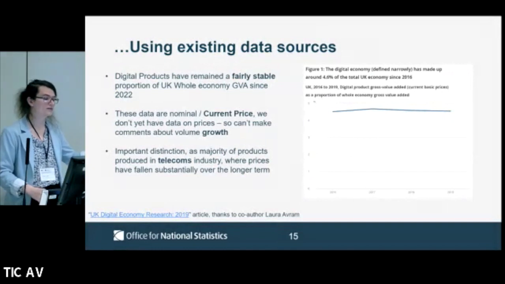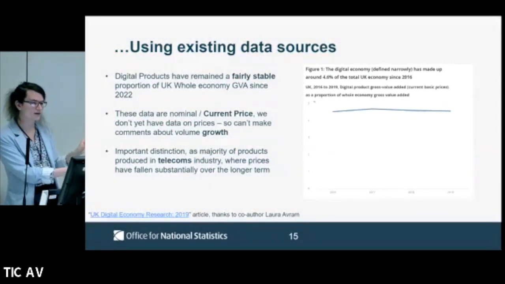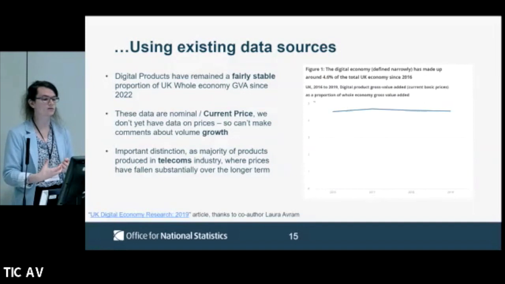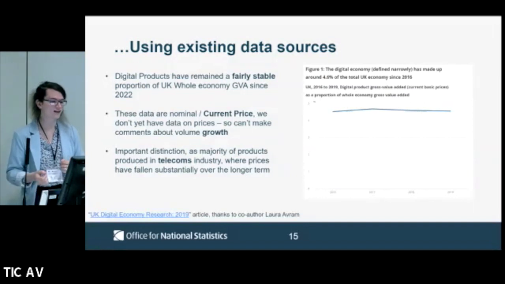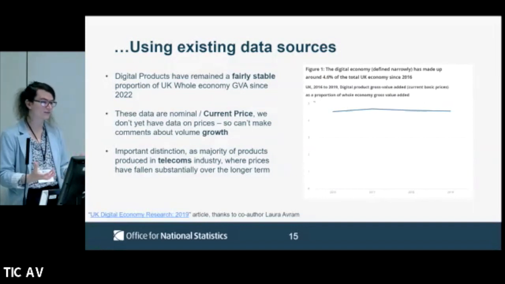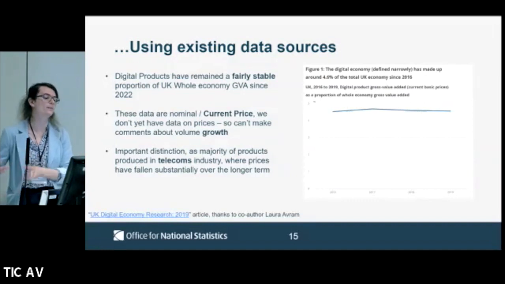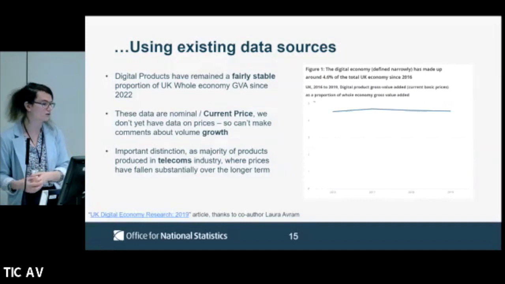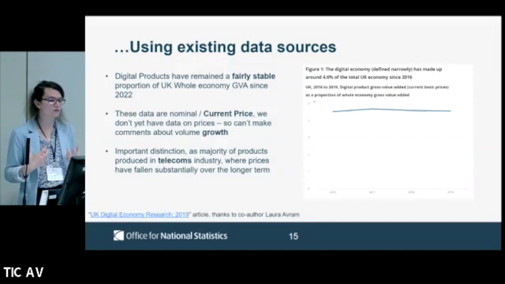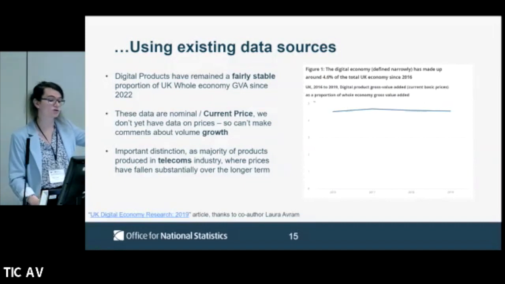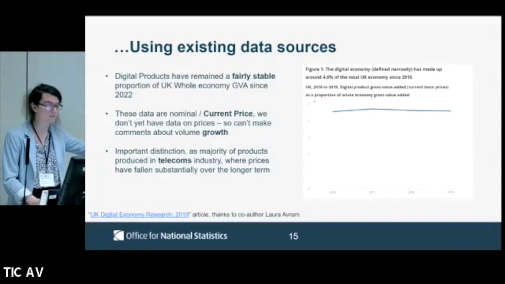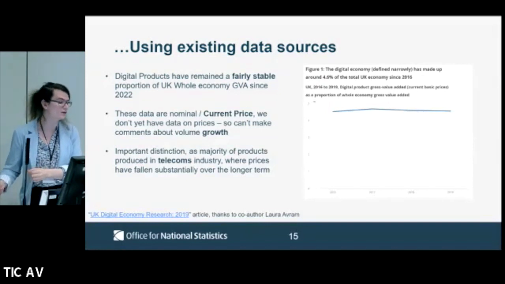One of the things that we wanted to point out with this, and John alluded to it a bit earlier, is that we started with current price data so far. One of the areas that we're quite interested to look at in the future is producing chain volume measures or other volume measures. But the difficulty with that comes with the prices. We want to give some extra thought to how we compile deflators that will give an accurate and useful picture on this. Our intuition, given the industry information that we have, that a big chunk of digital products are produced by the telecoms industry, for example, is that in the UK, we know that there's been quite substantial deflation in the communications industry over time,